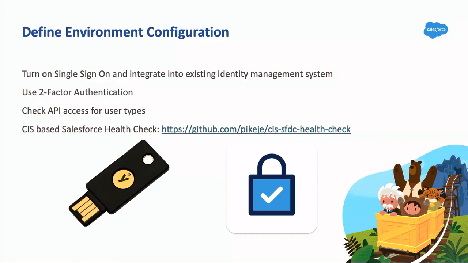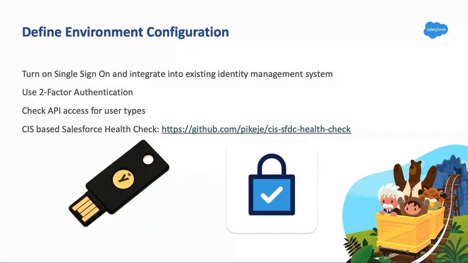make sure you can integrate, and also if you have two-factor, if you already have an app, you use that, but if you don't, there's included two-factor. And then also just making sure that API access, and this is not all of the concerns, but some of the big ones, is if there is API access needed. So for different user types, making sure that that's managed. That can be a huge vector.